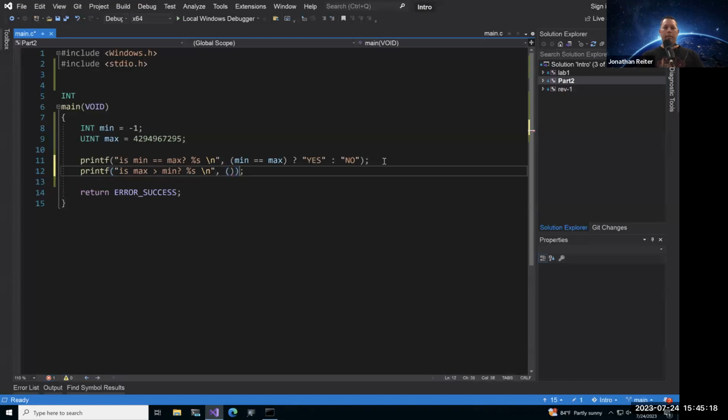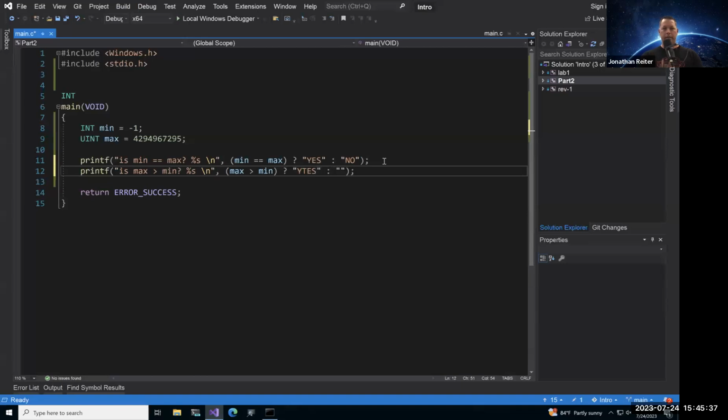I'm going to do my fancy little ternary operator here and say max greater than min, and we'll do the question mark and the double quotes, the colon, and the double quotes. That's the standard format for this operator.